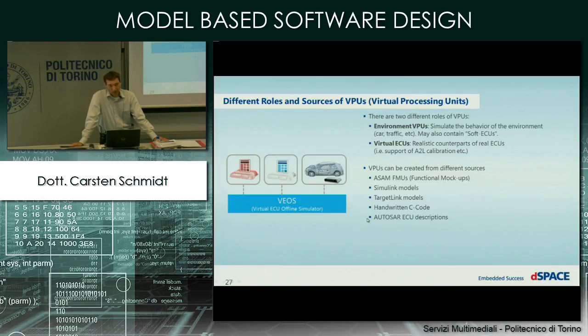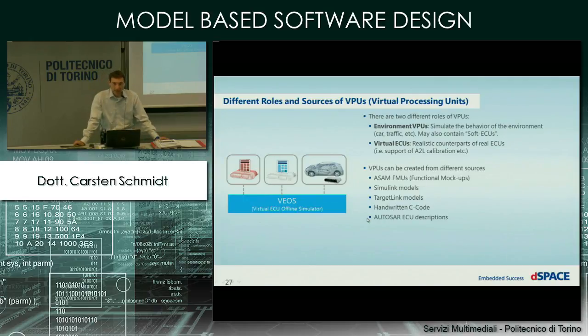I think you know the basics of AUTOSAR, so you know there are software components, and then there is a runtime environment which connects these software components, and then there's base software to communicate with the outside or to provide certain services of the ECU and so on. And if you have this description, you can also convert it to a virtual processing unit and then plug it